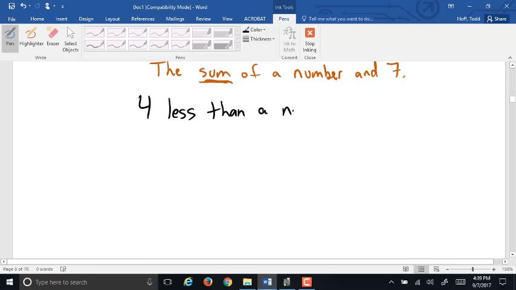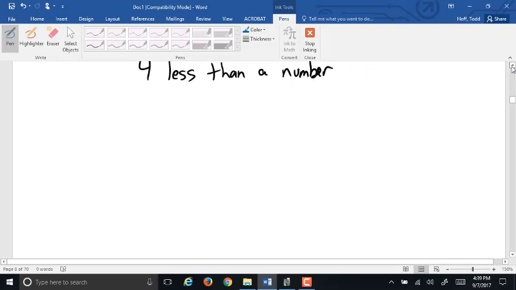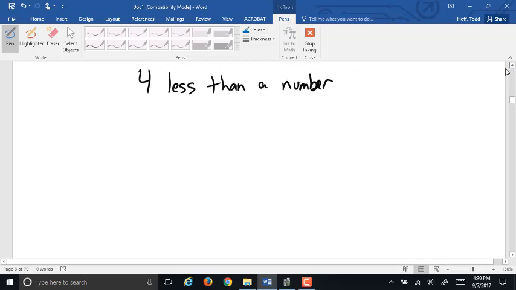For less than a number. If we are 4 less than something, how do we get to that? Let's say you have $7 in your pocket today. Tomorrow you have 4 less dollars. How many dollars would you have tomorrow? 3. How did you get to that? 7 minus 4, right? You subtracted 4 from it. So 4 less than a number, we find by subtracting